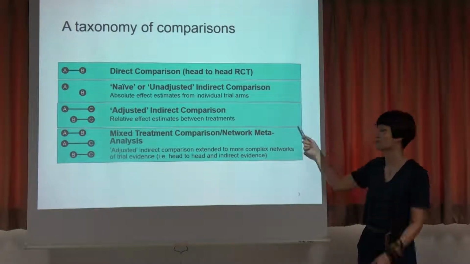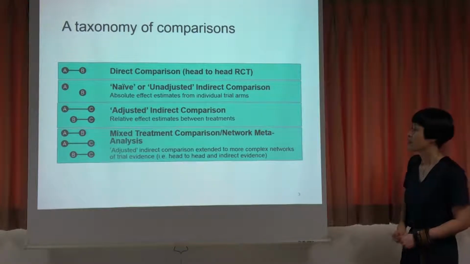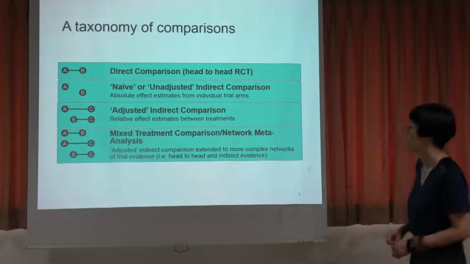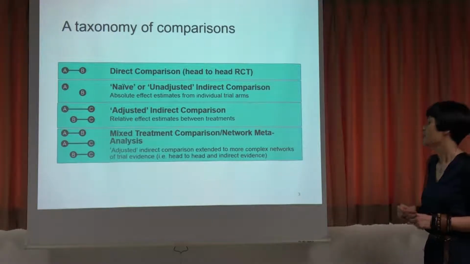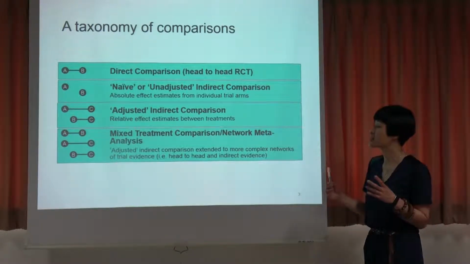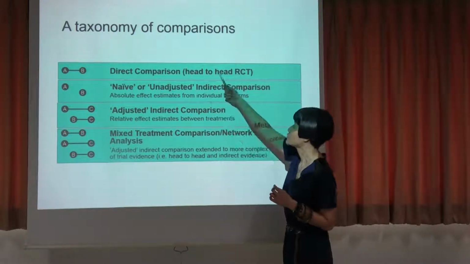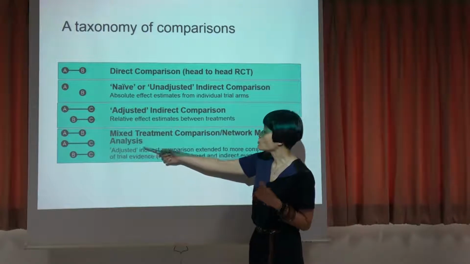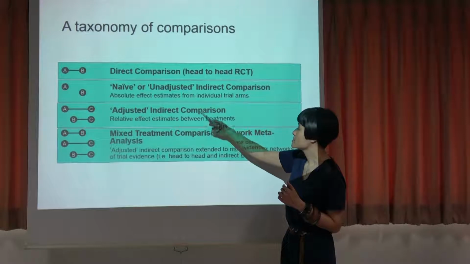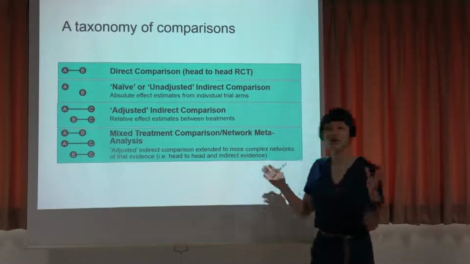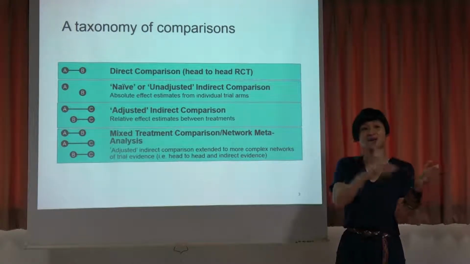And I'll go into a bit more detail later on how this is calculated. Now, beyond that, we have mixed treatment comparison or network meta-analysis. This is when you have head-to-head comparison, randomized controlled trials of A versus B, similar to up here. But then you also have head-to-head comparison comparing A and C and B and C, similar to here. But you don't have a head-to-head trial randomizing the same group of patients to A, B, and C in the